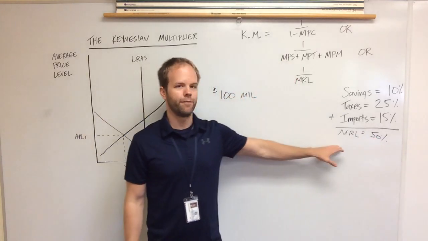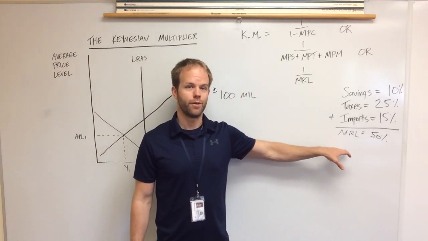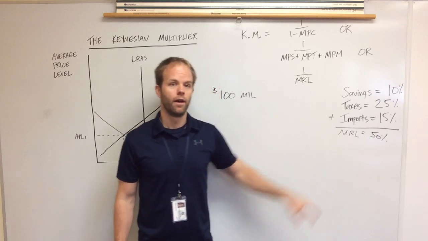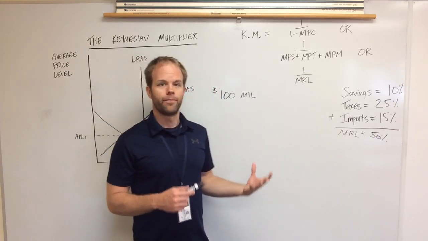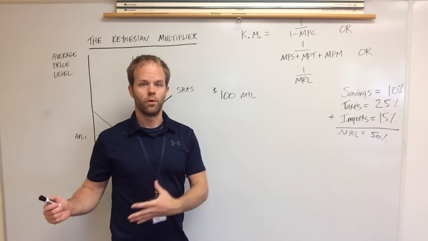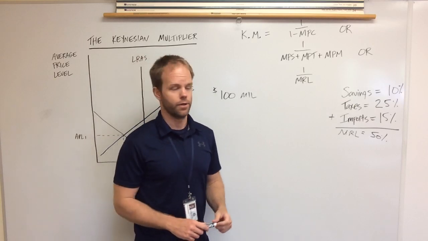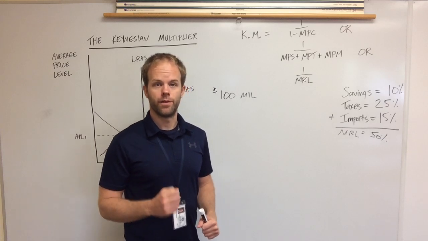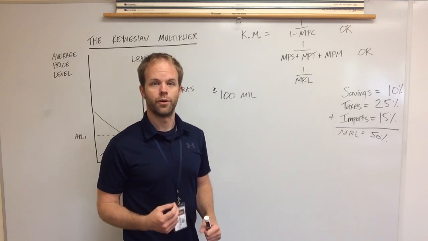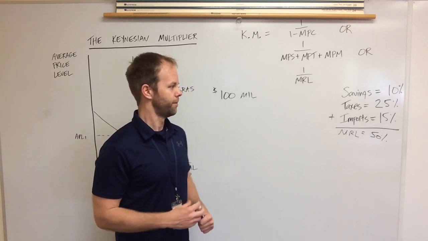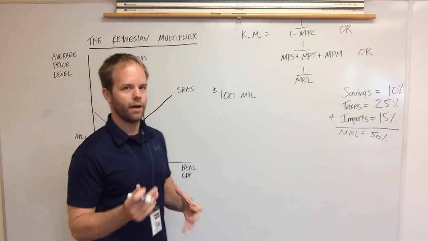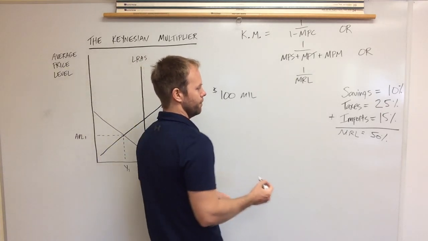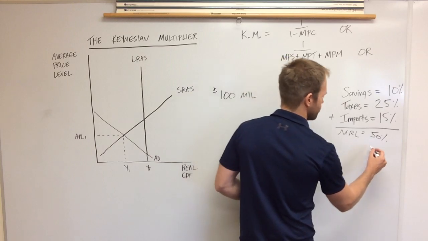Okay, so in other words, with every dollar that gets spent, every dollar of economic activity, 50 cents of that will go towards our three leakages, which also means that 50 cents of that dollar stays within the circular flow and will get respent. Okay, so the math works out nicely here. Our MRL is 0.5,